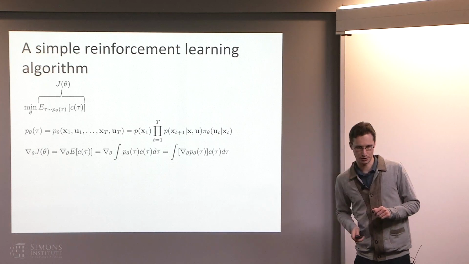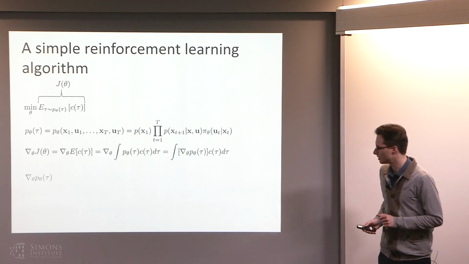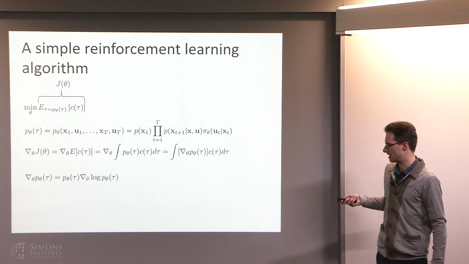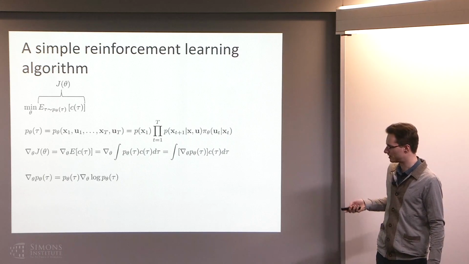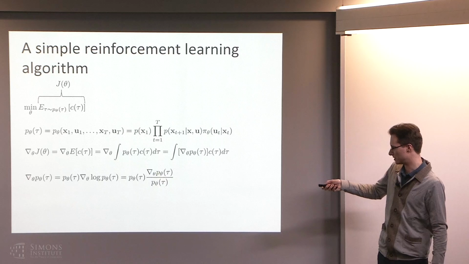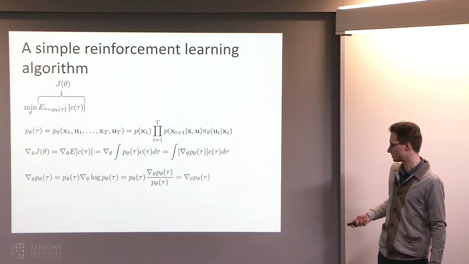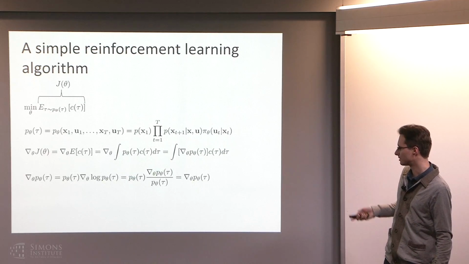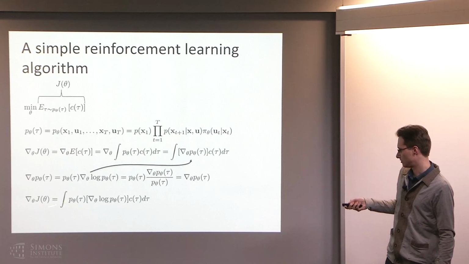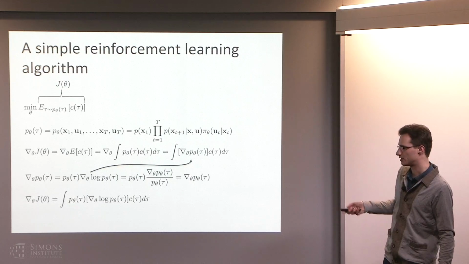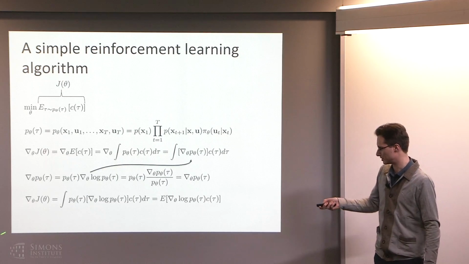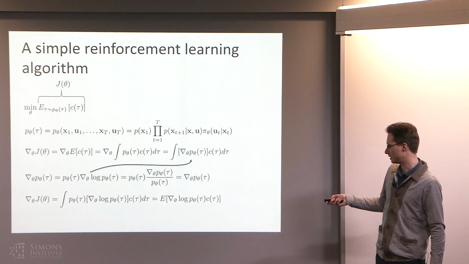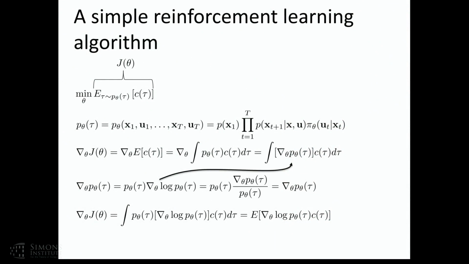Then there's a really elegant trick that we can use to derive a policy gradient, where we just note that grad p_theta is p_theta times grad log p_theta, because grad log p_theta is 1 over p_theta times grad p_theta. These cancel out. So that's a really neat identity. We can substitute this identity in here, and we get this, which is just an expectation under p_theta. So now we've arrived at this equation: the gradient of your return is the expectation of the gradient of the log probability times the cost. Which is nice because these kinds of expectations you can compute just by taking samples from your policy.